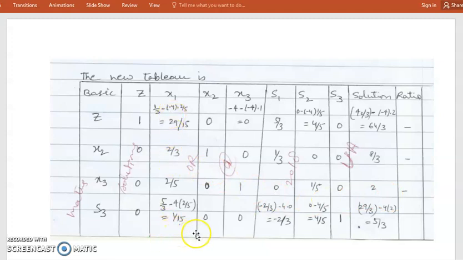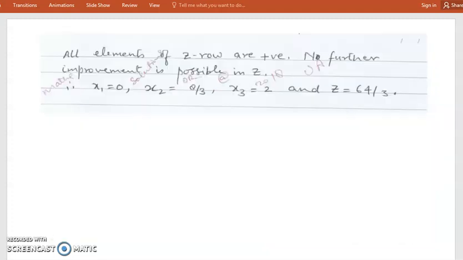Once we calculate, we get all the elements in the table, and we see that in the Z row there is no element or coefficient of variable x1, x2, x3, s1, s2 that is negative. It means we have reached our optimal solution, and the optimal solution is 64 upon 3. And here we can write the solution: x1 is 0, x2 is 8 by 3, x3 is 2 and Z is